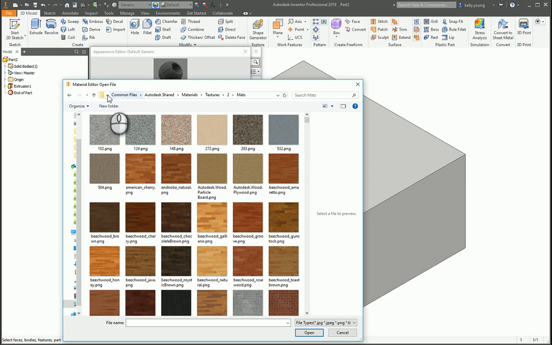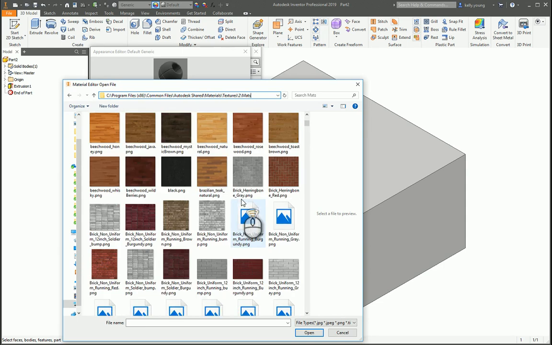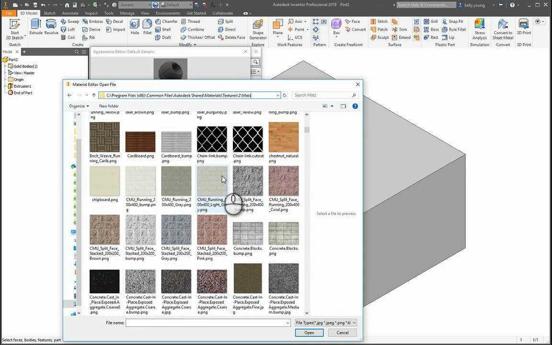and find your way to this location, which is Program Files, Common Files, Autodesk Shared, Materials, Textures, 2 mats. So basically the textures file, there's a couple of different ones. So if you want a bump map, this is kind of the area that you are looking for. So you can select CMU, let's say,